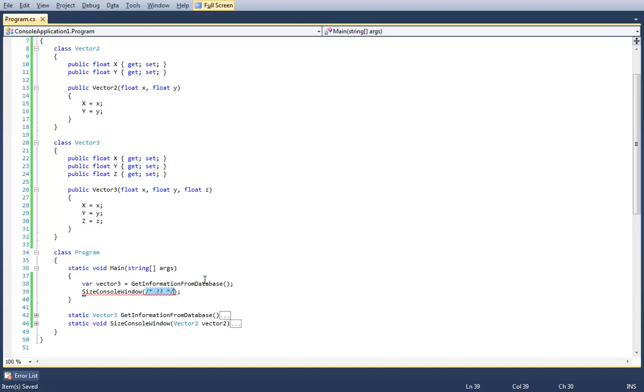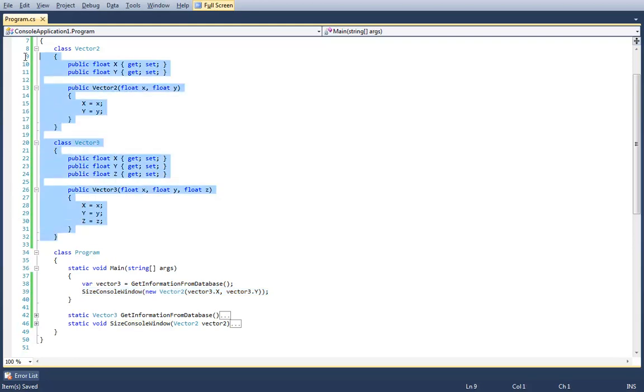And we have a winner. So typically at this point, what we would have to do is say new Vector2, vector3.x, vector3.y. And we're explicitly telling the compiler that because these types are not compatible. That's another interesting thing about object-oriented design: just because one's called Vector2 and one's called Vector3, there is absolutely no correlation between the two.